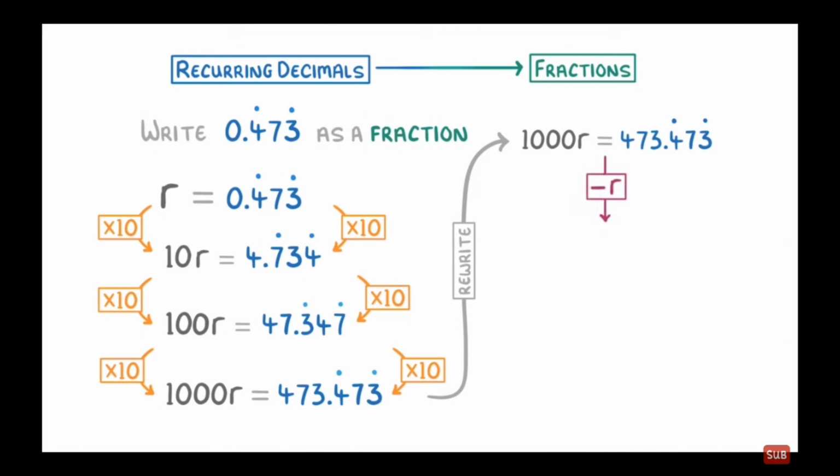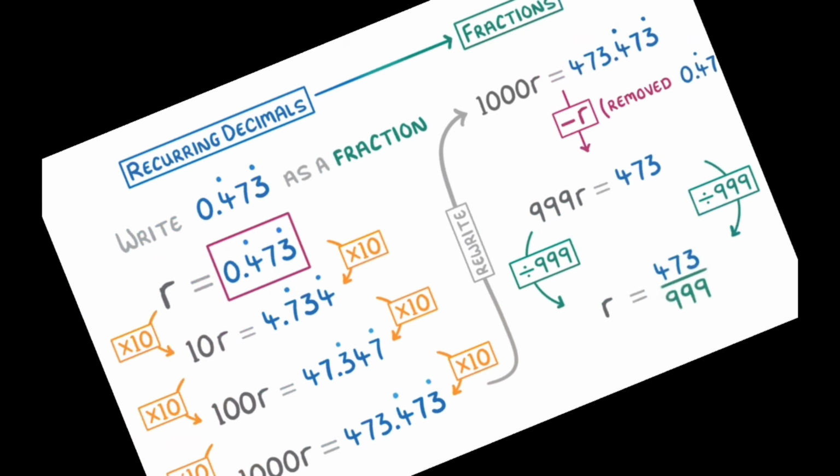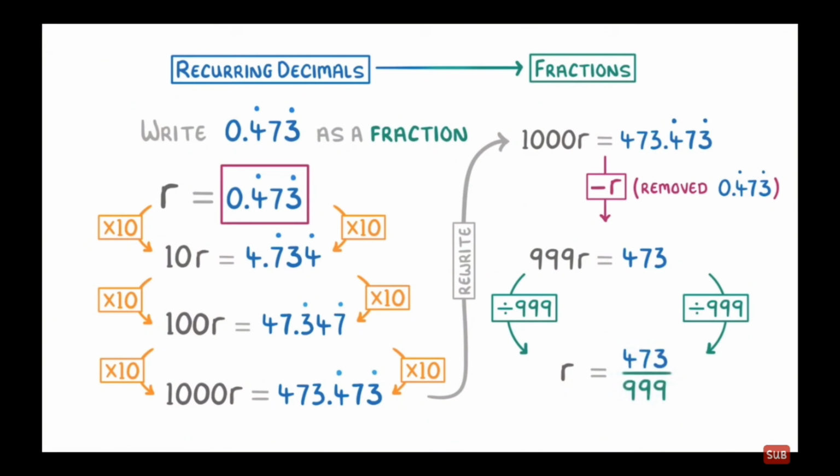Next, if we now subtract a single R, which remember has a value of 0.473 recurring, from that 1000R, we'll be left with 999R. But importantly, we'll have completely removed the recurring decimal places from our equation, and so we'll only have 473 left. And because we only have whole numbers in this equation now, to get a single R by itself, all we have to do is divide both sides by 999, which gives us R equals 473 over 999. And remember, because